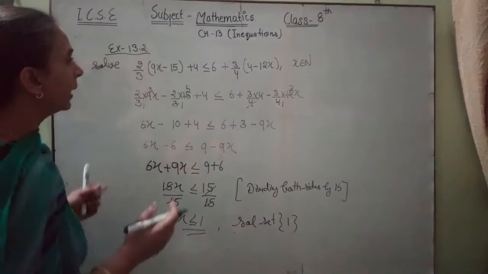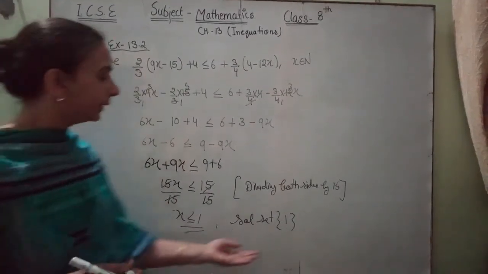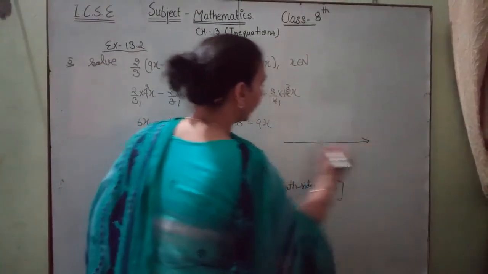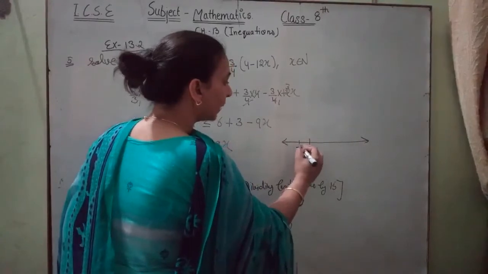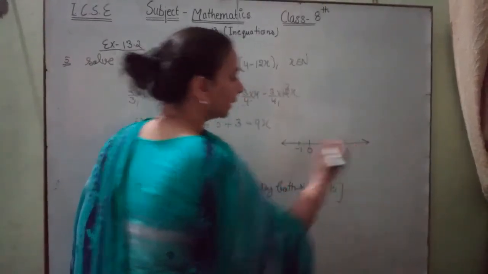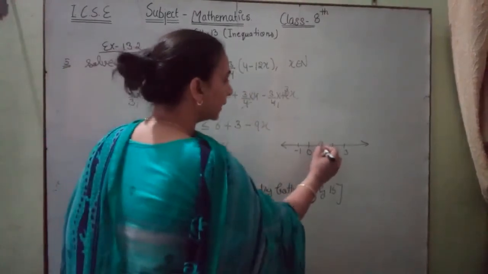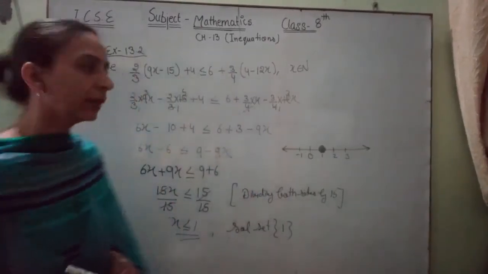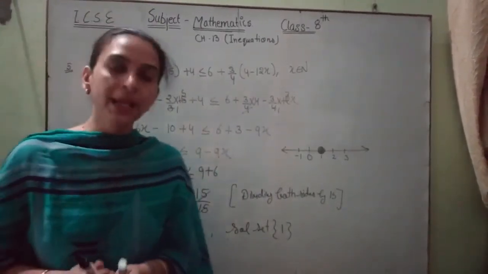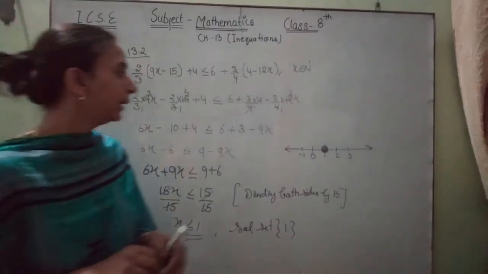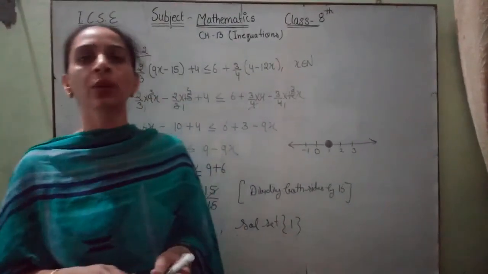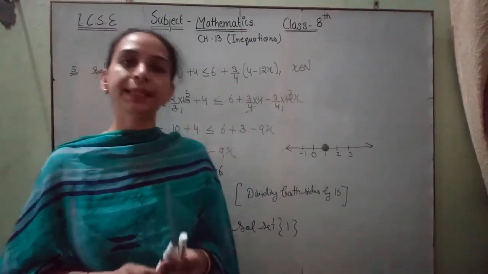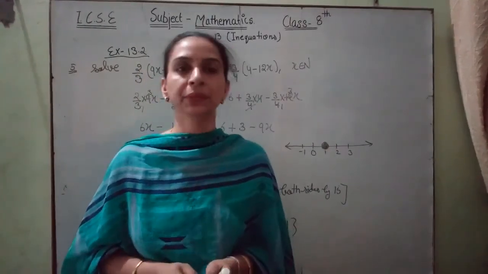Okay student, if in this question we represent the solution set graphically, that means we represent it on a number line. This is 0, this is -1, this is +1, +2, +3. There is only 1, this one, and we represent this solution set graphically. Okay student, this is exercise 13.2. Student, chapter number 13 is very easy, so with the help of this video you solve both exercises in your maths notebook. And if you have any problem, student, then please send it to me so that I can help you. Okay, student.